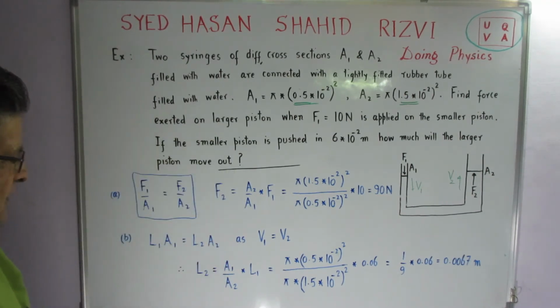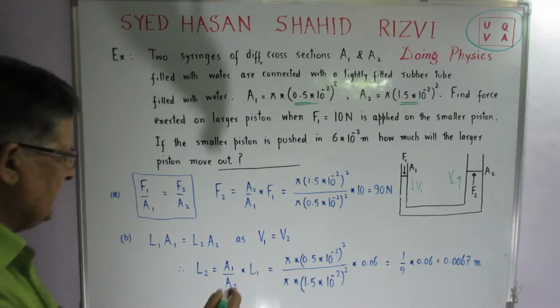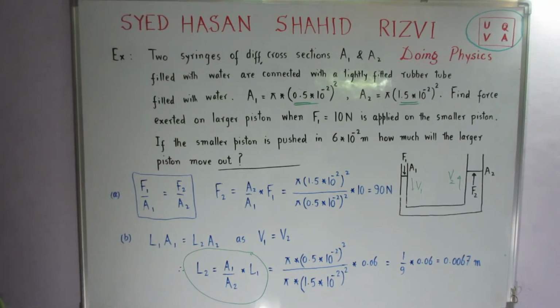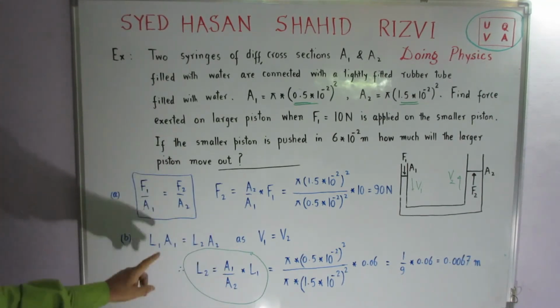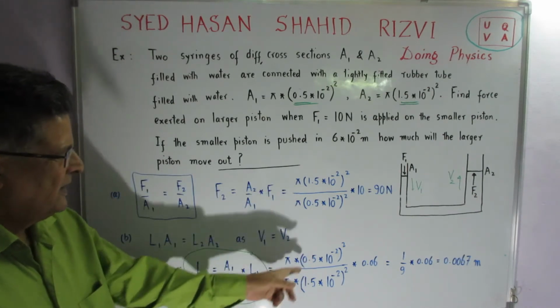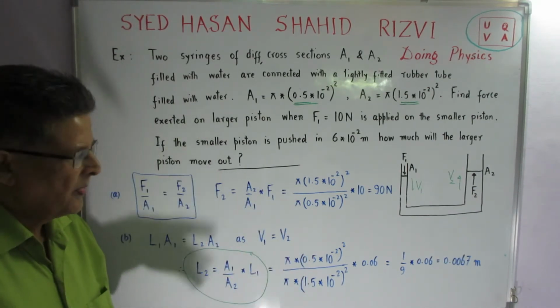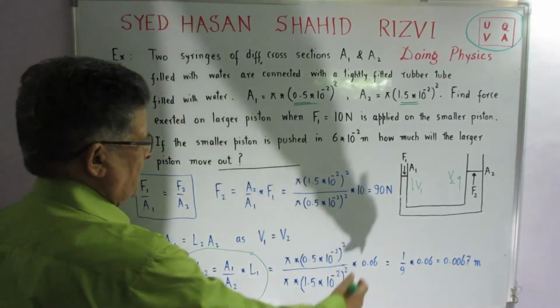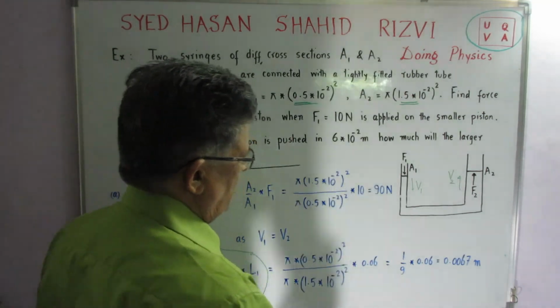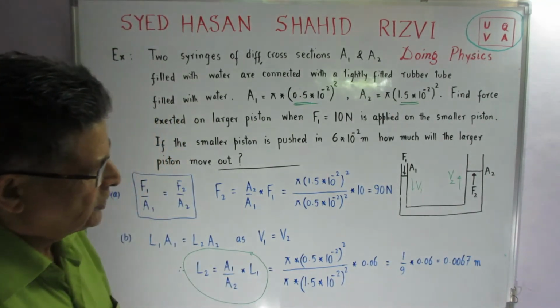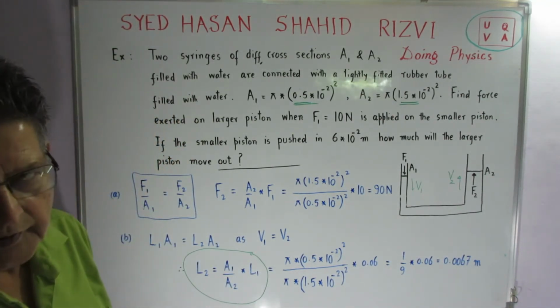This is how we have to start. Not by a formula like this, which some of our friends tell you to remember. No. You have to write this formula and this formula, they are logical to remember. And one can remember them easily. Just writing that, this will be 1 upon 9. So if I divide this 0.06 by 9, I'll get about 0.0067 meters,